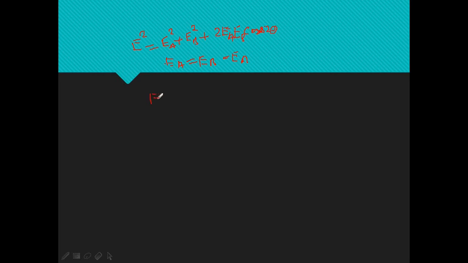Now E square is equal to EA square plus, now putting the value of EB equal to EA, EB square. Now here the 2 into EA into EA into cos of